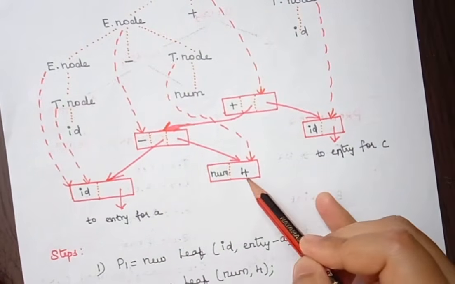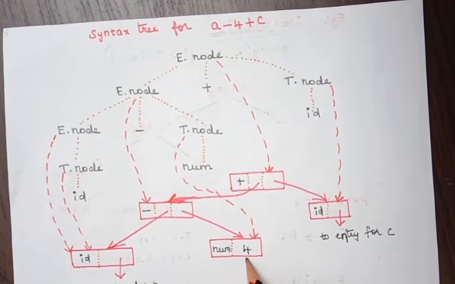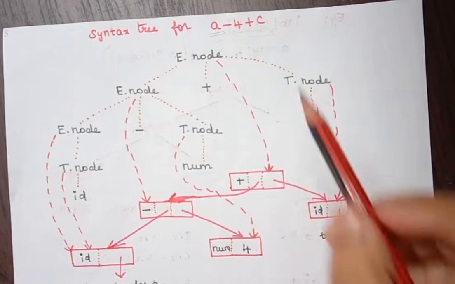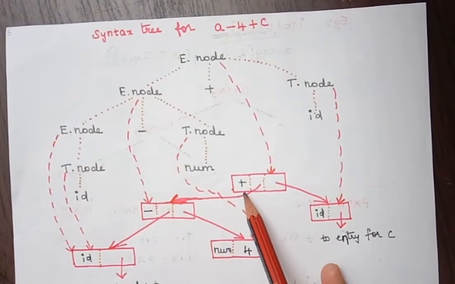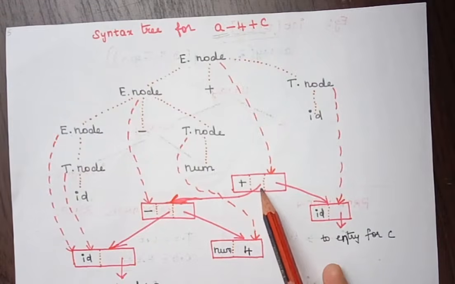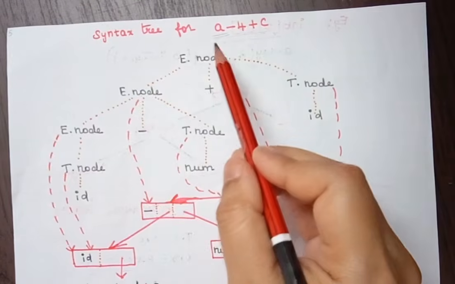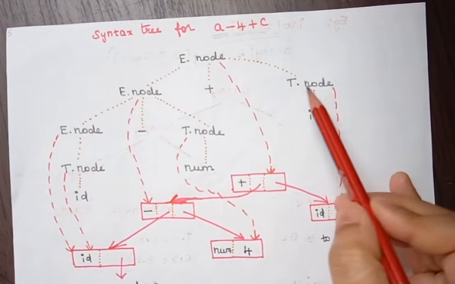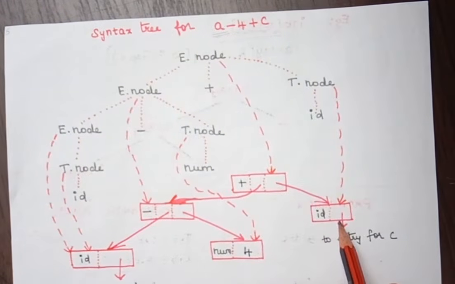In the same way here we have this object, and this object is created for this num, which contains num and the value 4, which is taken from this expression. So here it is 4. Then coming to the next object, this object is created for this intermediate node, and this contains the operator plus and the left child, that is pointing to the E node, that is left child of this E node, and here this field is pointing to the right child, that is T node, which is the right child of E node. So here this is pointing here.